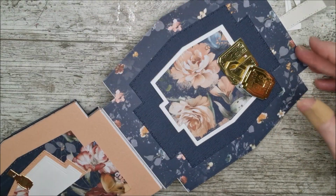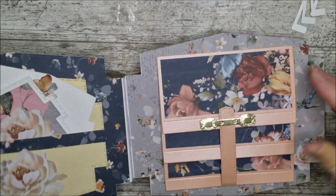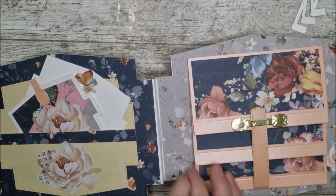Now I'm just going to have a little look through my book, because sometimes at this stage I decide that I want an extra little flower here or there, whatever. I've already added some extra pieces on, because